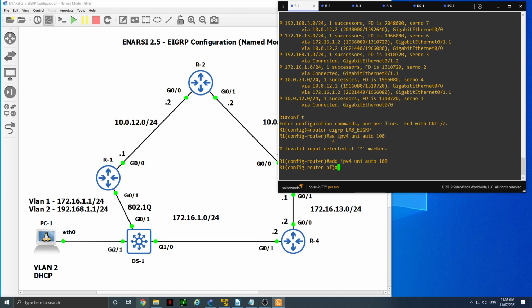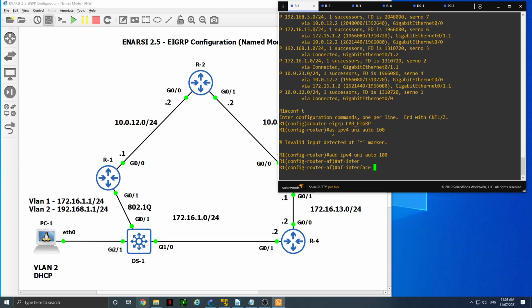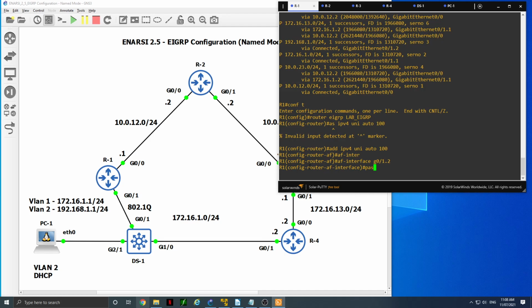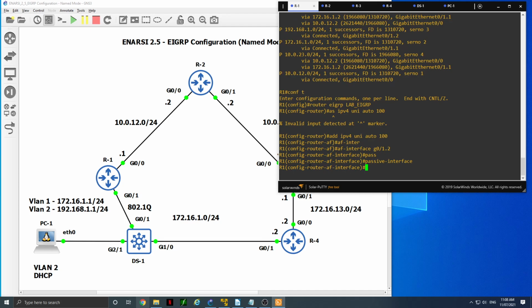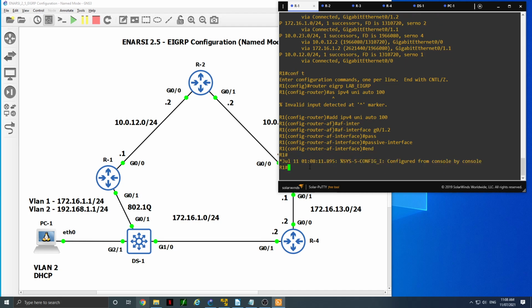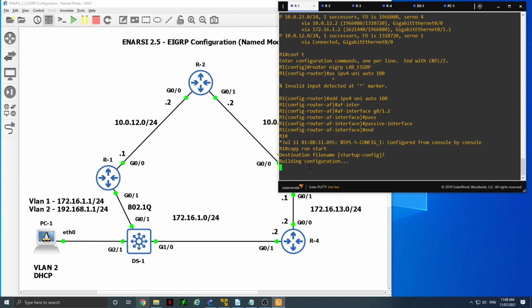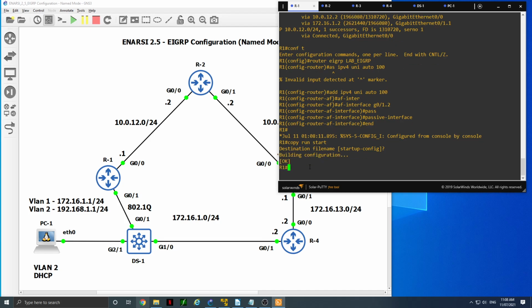So we want to go to the interface, and it is G0/1.2 for VLAN 2, and we want to make it passive interface. Enter. And guess what? That's as hard as it gets. Alright. Do you copy run start, folks? It's made changes. So